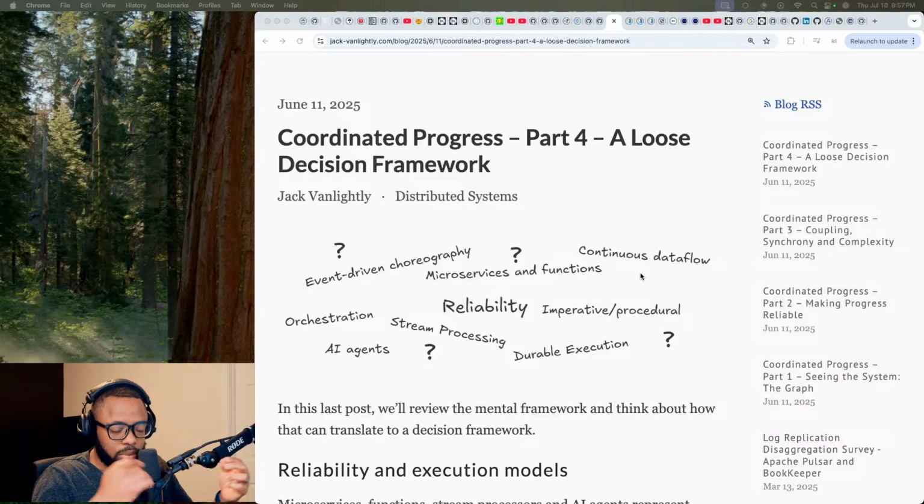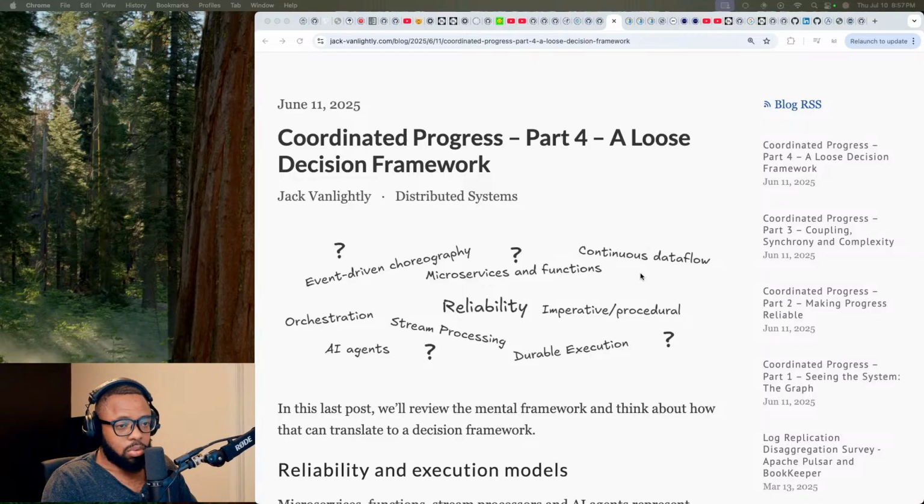It's all about basically orchestration and the idea of durable computation or durable execution engines. And so that's what we've been doing all this week. This is the last one that we'll go over this evening.